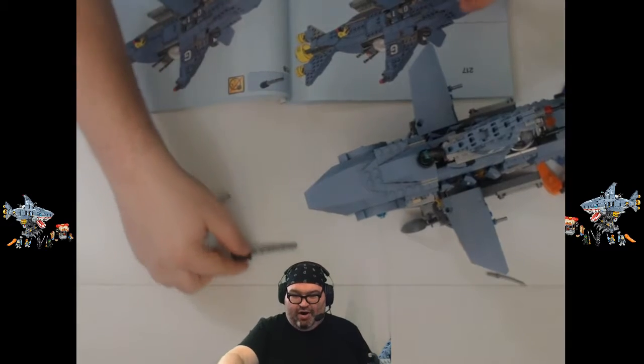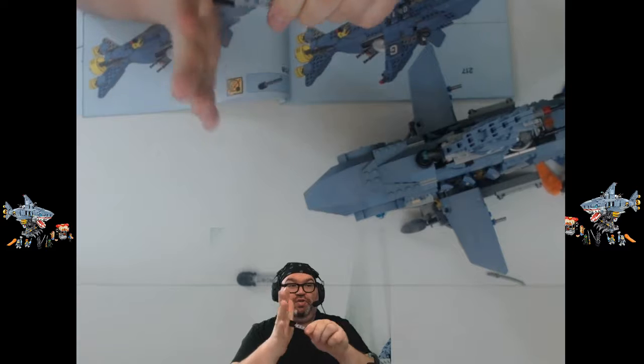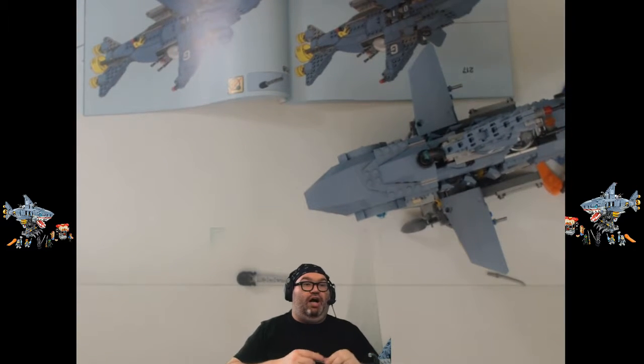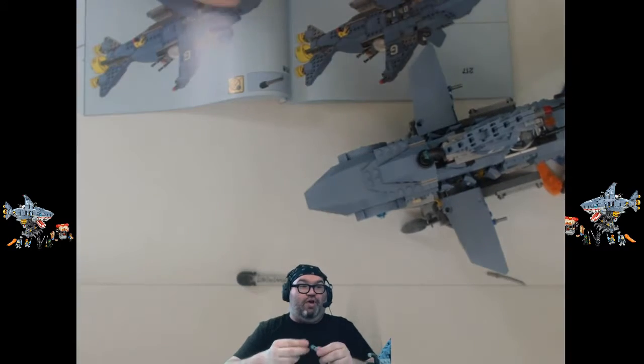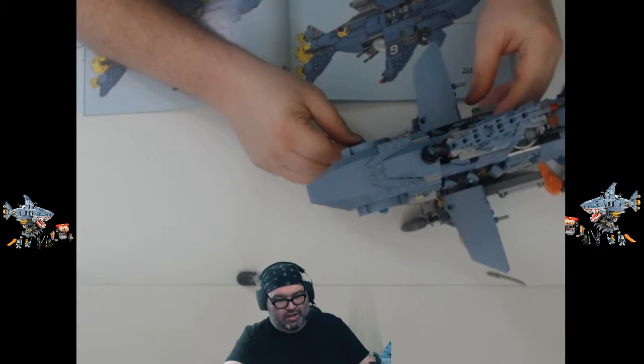All right, so these are our kind of missile things. They're rubber tipped, which is awesome. There we go. They're rubber tipped, so they're not going to hurt too much. But they go in here,